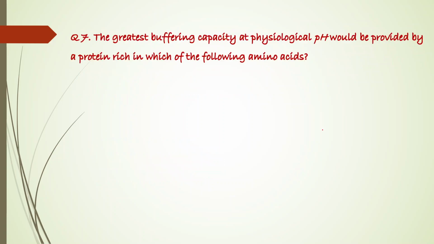So moving to the next one. The greatest buffering capacity at physiological pH would be provided by a protein rich in which of the following amino acids? So you are trying to use a protein as a buffer. Which amino acid should it contain mostly to have this buffering capacity at physiological pH? The first thing that is important here is it is